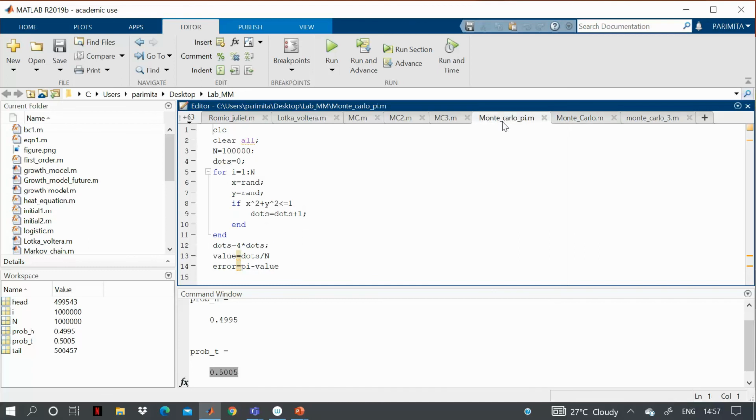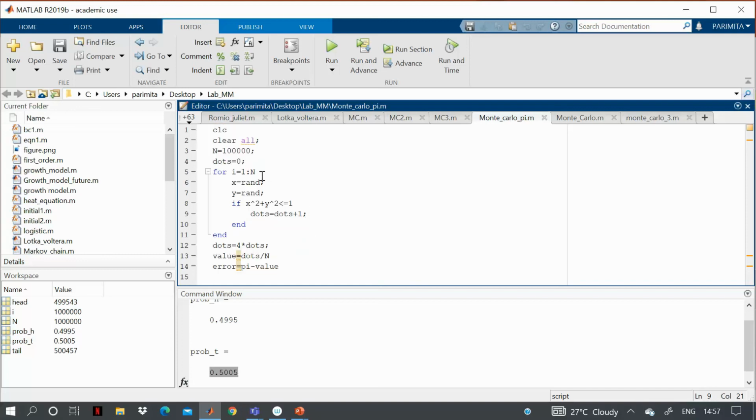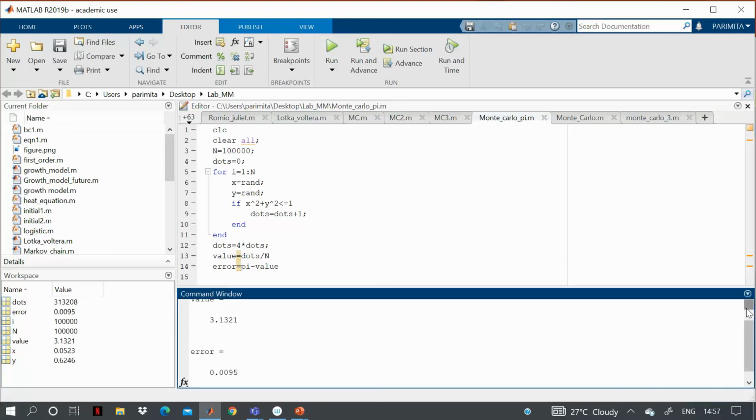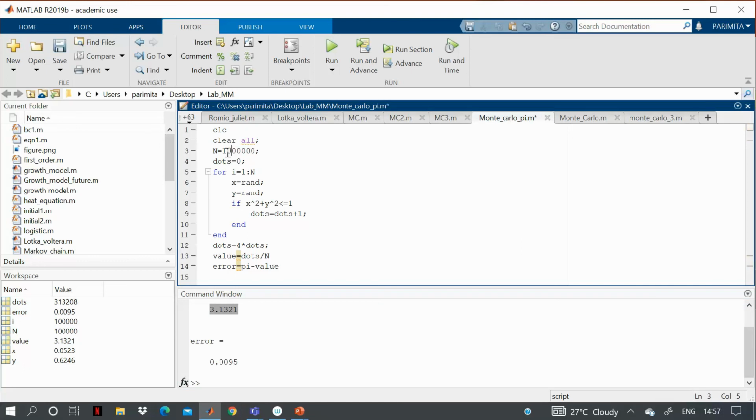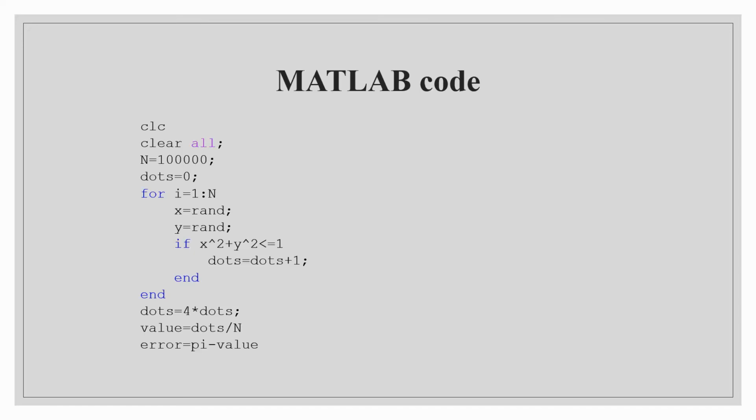Now this is the second program, where we need to find out the value of pi. This is the same as I have shown you in the PPT. Now I will press the run button, and you can see that here I got the value of pi by the Monte Carlo simulation, and the error you can see is this much. It is very less, and if you increase the number of simulations, you can see that the error is getting lower and lower. So with this I will end my tutorial over here.